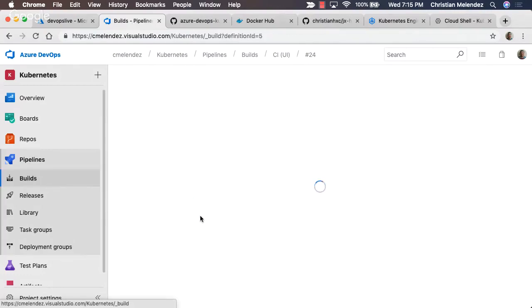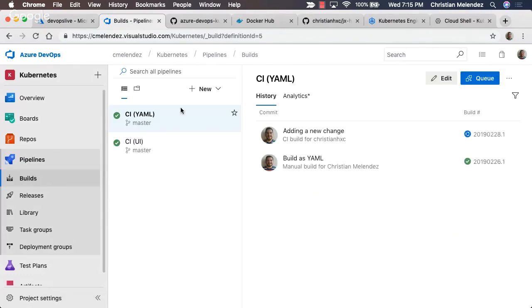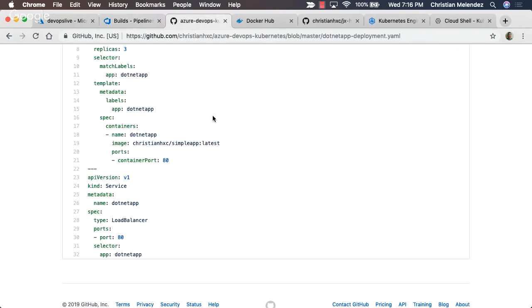Let's go back here and take a look at why I have this as a YAML definition. Well, to be honest, we're working in a way that the less we have to interact with the user interface, the better. Not because I'm a fan of the CLI, which I am, but because it will help everyone else have that visibility, in case you want to share that with the team.